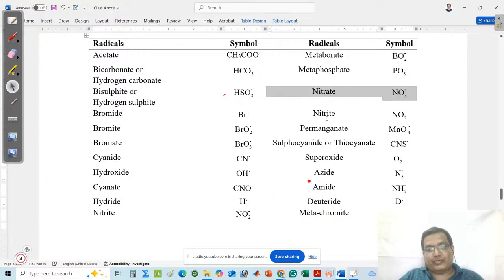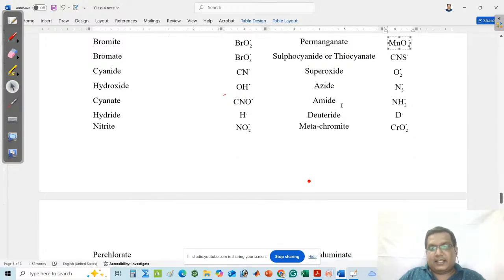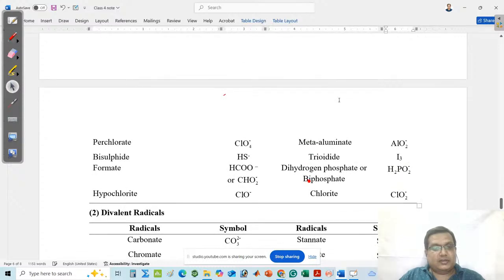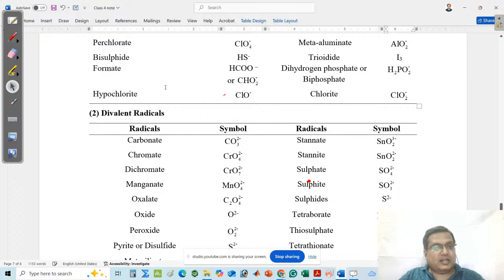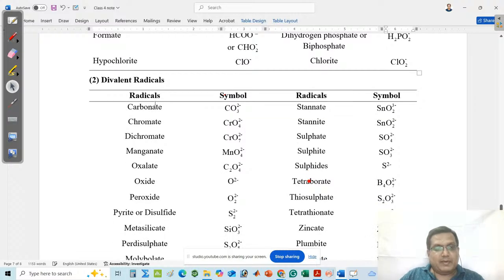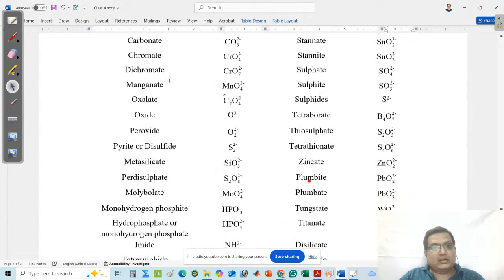NO2 minus, that is said to be nitrite. Permanganate MnO4 minus. Next is your superoxide O2 minus. Azide N3 minus. There are some monovalent acid radicals given. Their names are also given. You should remember this. Next, divalent radicals: carbonate CO3 2 minus, stannate SnO3 2 minus, chromate CrO4 2 minus, sulfate